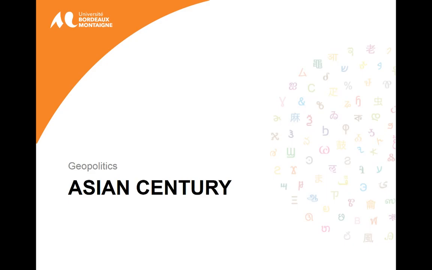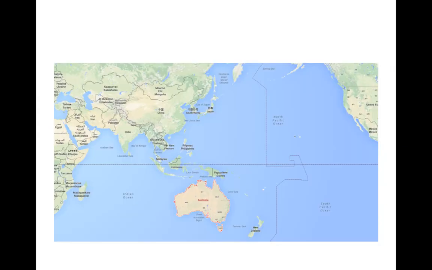So it brings me to geopolitics and the notion of the Asian century. This refers to a white paper published by Julia Gillard, a former prime minister from the Labour Party, entitled Australia and the Asian Century. The idea was that Australia was at last at the right time, at the right place. See where Australia is, and you see why